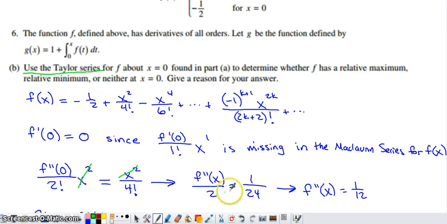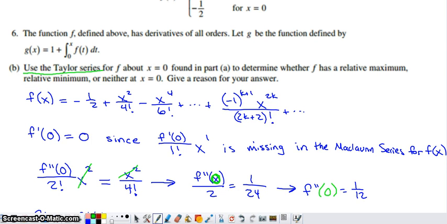So 2 factorial is 2, 4 factorial is 24. If I wanted to solve this to find the value of f double prime of 0, I would just multiply by 2, and that's going to give me 2/24 or 1/12. So we know by basically equating coefficients that f double prime of x, this is a little bit wrong here, let me make the adjustment here, this is f double prime of 0, right, f double prime of 0, I should have a 0 there too, it's my fault, sorry about that,